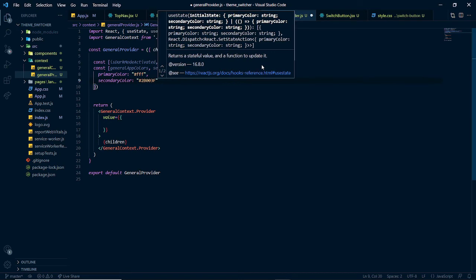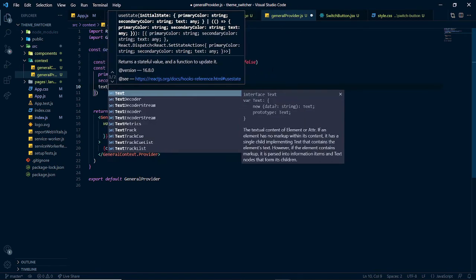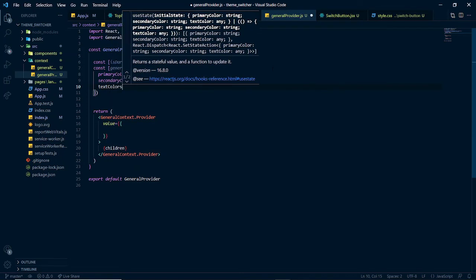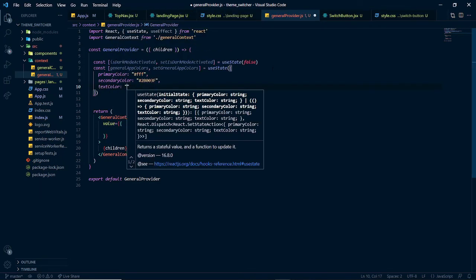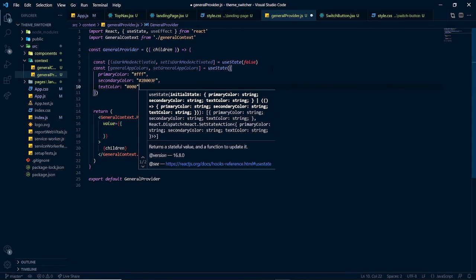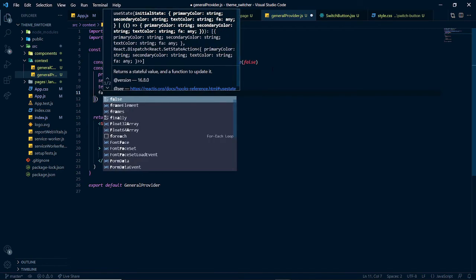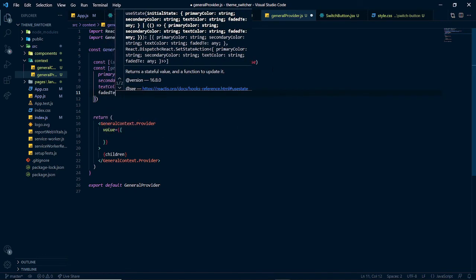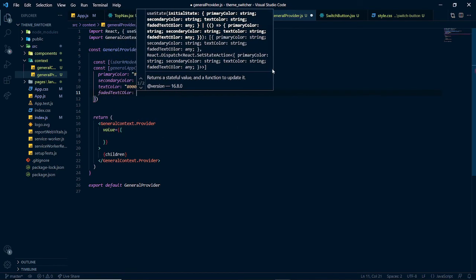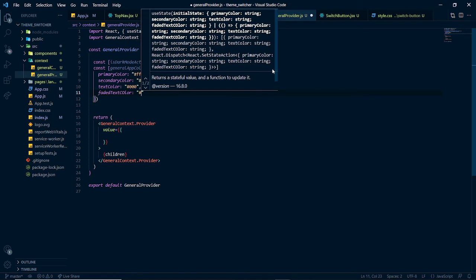Yeah, that's it. And the text color, the color of the ordinary text, is just a black color. And finally we have the faded text color. We didn't use this at first because I forgot to add it, but basically the text before the button is not exactly black, but it's more like a faded kind of black, so we need that to also be among these colors here. So the faded color is just a faded color. It's 4E,